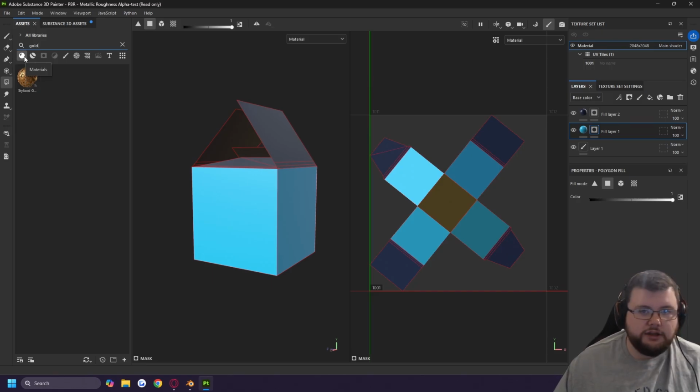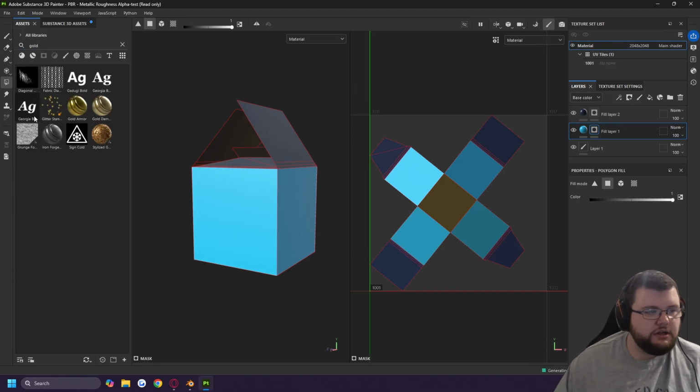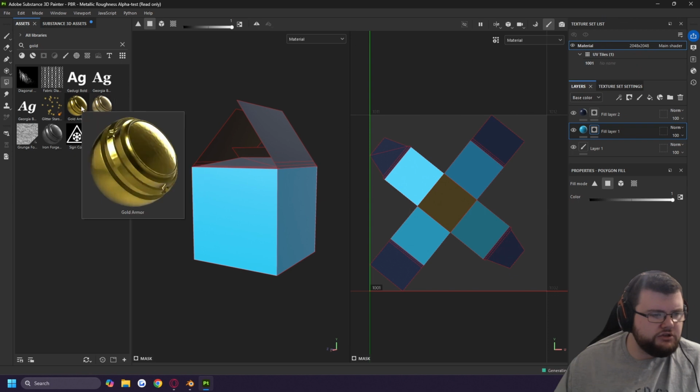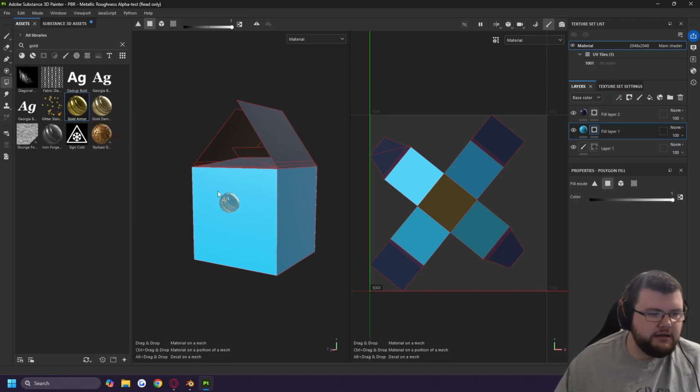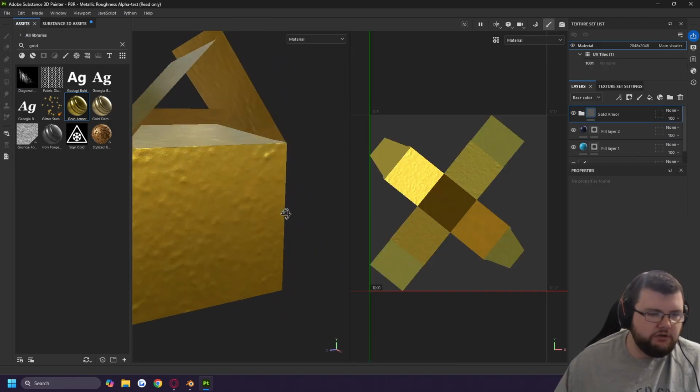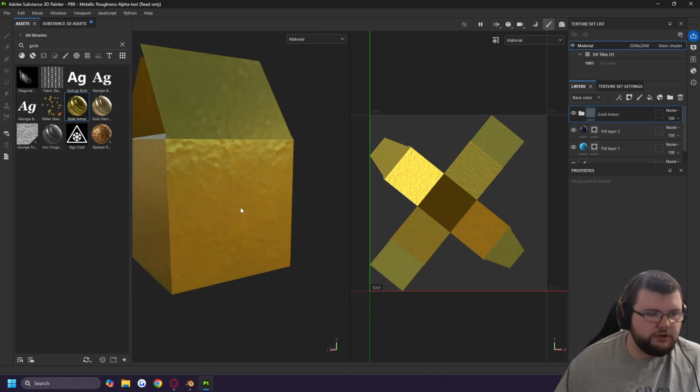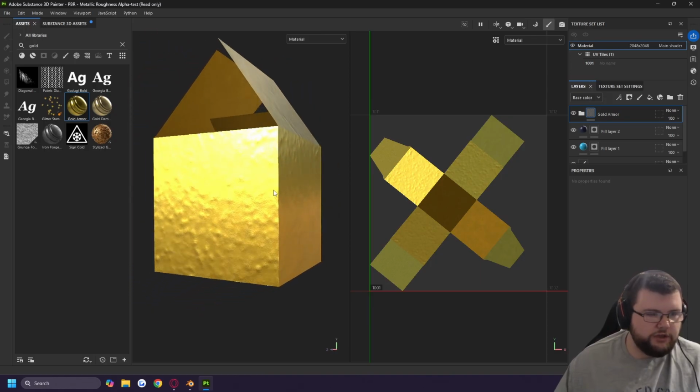To make sure I can search through everything, I'm just going to click on this materials filter again, and it will turn it off and search for gold through everything. So now I pick what I want. I've got a gold damaged and a gold armor material. I'm going to use this gold armor and almost paint it on like gold leaf. So I'm going to click and drag it out and drop it onto my object. Now the whole thing has gone gold, it's got all this bumpy material, and we can start to work